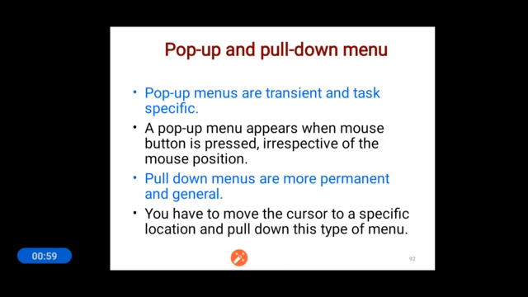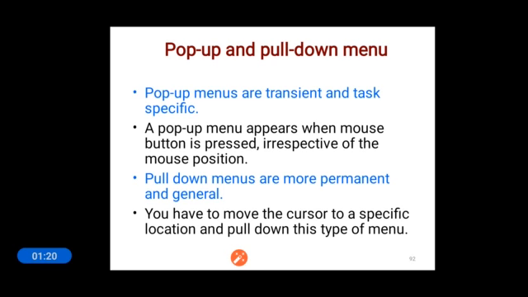Coming to the pull-down menus, these are more permanent and general. In a pop-up menu, it doesn't bother about the location where you are clicking. Wherever you click, it performs the same task. But a pull-down menu is quite the opposite. They are provided some permanent regions.